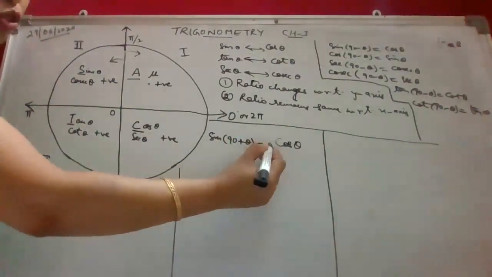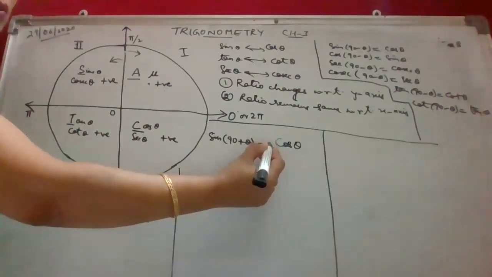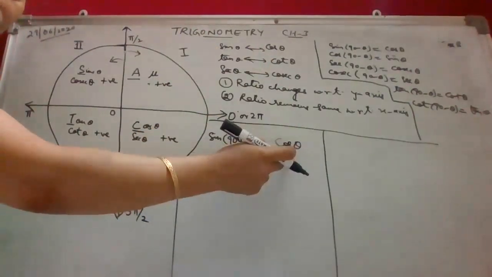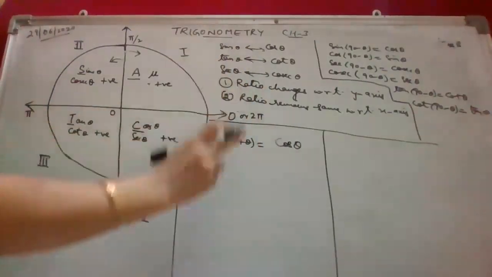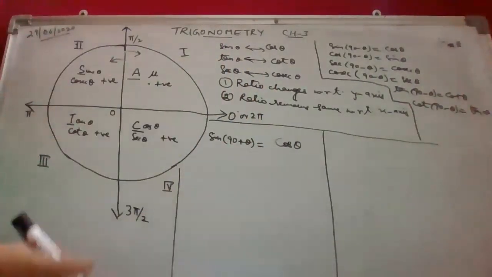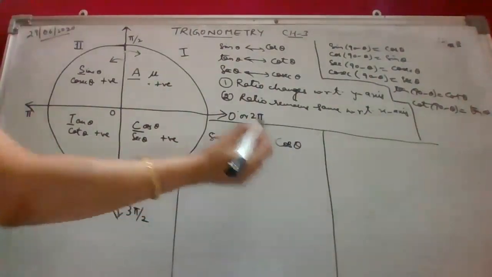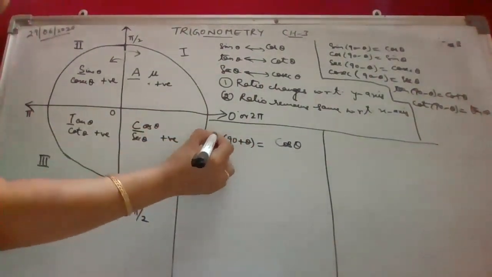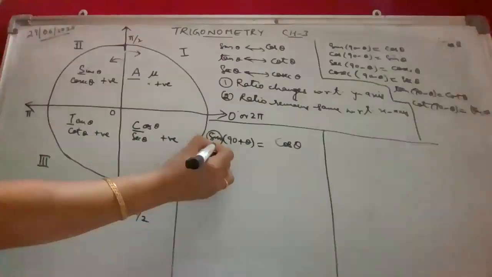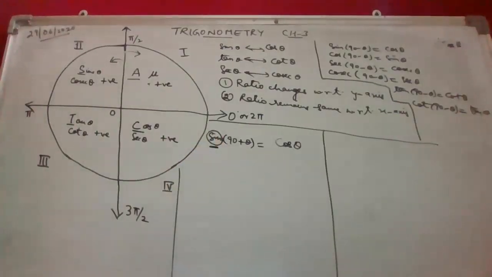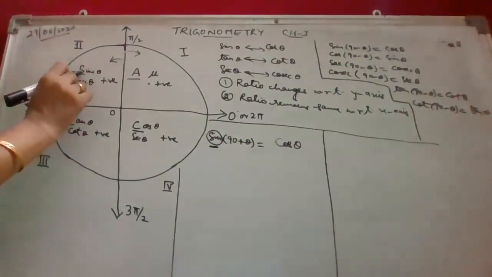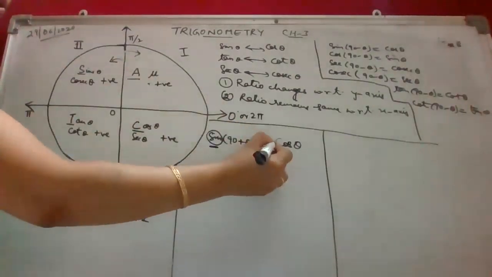Now I have to apply the sign here, whether it is plus cos. Two things we have to do. To what ratio it changes, that we have specified here, and whether it is with a plus sign or minus sign. Now we look for the signs according to this ratio on the left hand side. In the second quadrant sin is positive. So we have a positive sign.